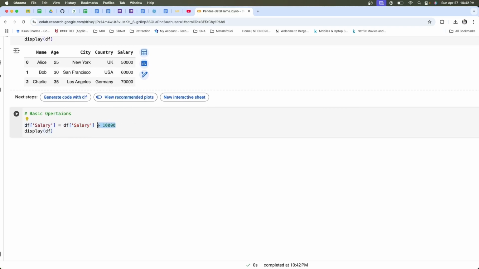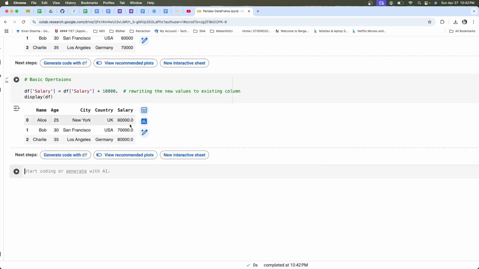I want to add this number, and I am rewriting the new values to the existing column, and you will see the values will get changed.